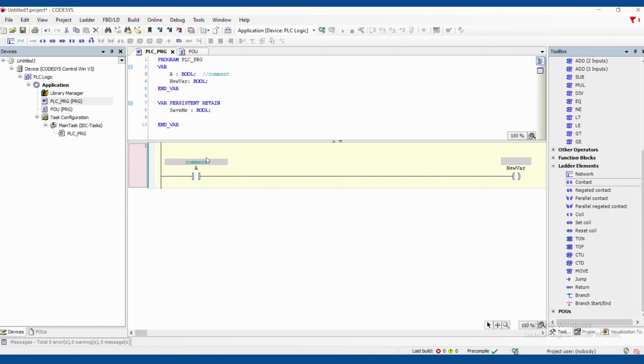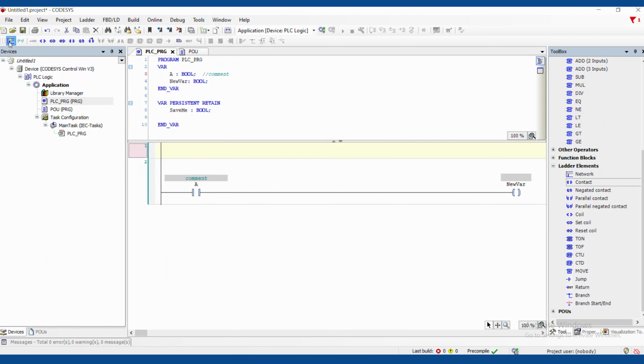Notice that it automatically filled that comment for us from up here. Unfortunately, it will not let us change that comment here. We have to change it in the variable table. Also note we can click up here. Just a single click gives us the rung comment. I find this a little annoying that it takes up the space for a comment even if you don't have a comment. So if we put in a few more,